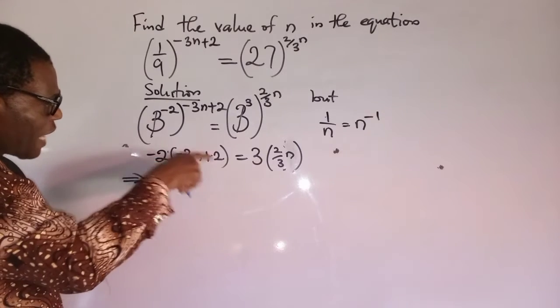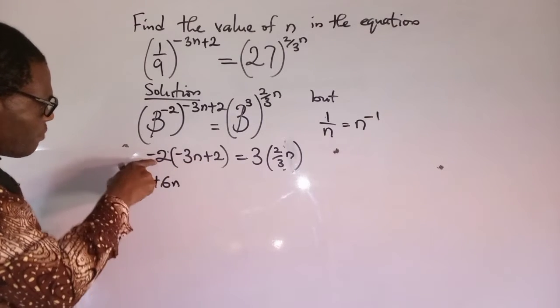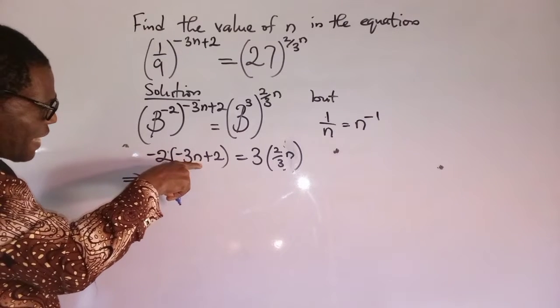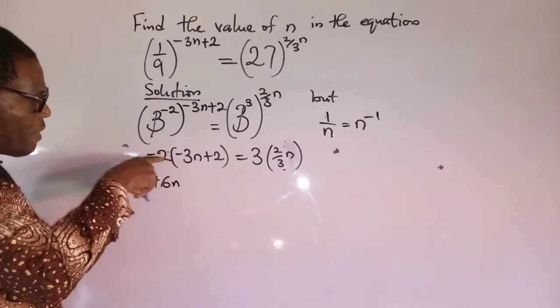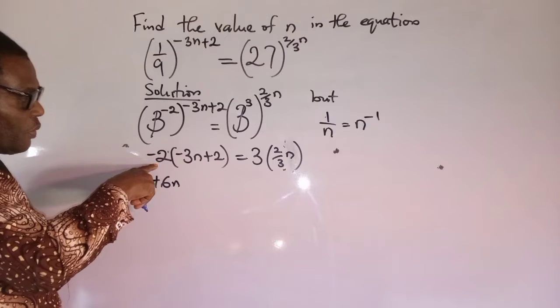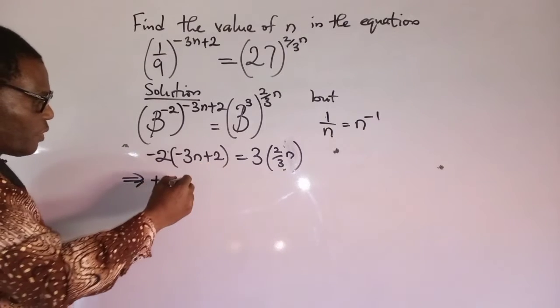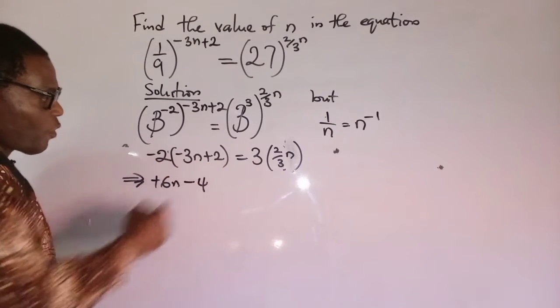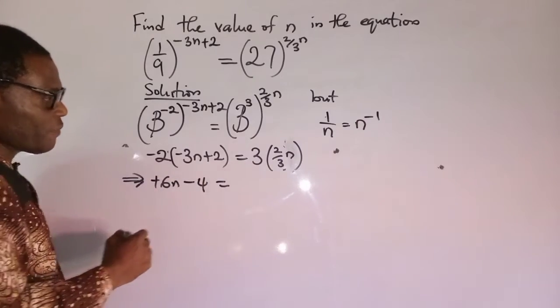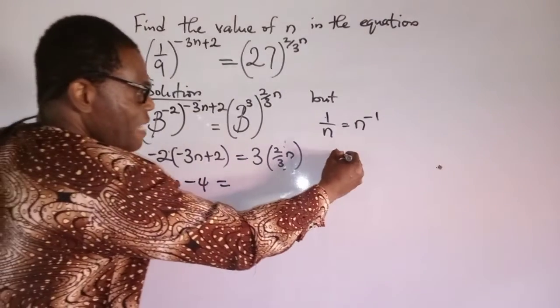Minus 2 times minus 3n is plus 6n. Minus 2 times plus 2 is minus 4, equals to